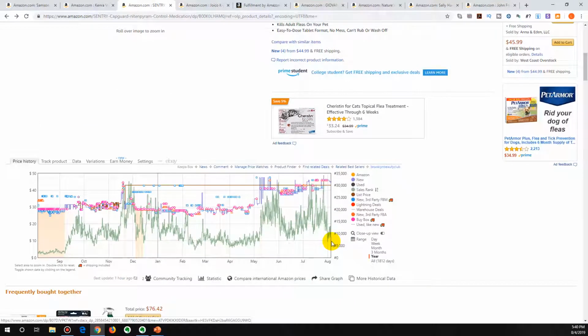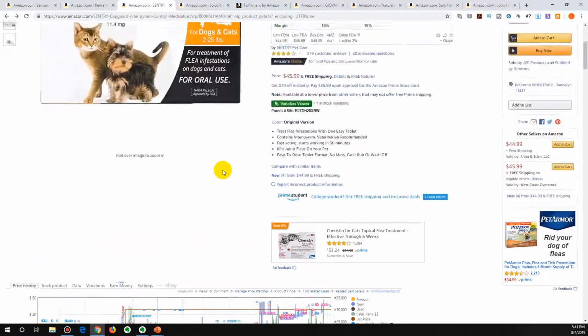But looking into the history, what is the average price of this product? Is it along this line right here, or is the average price of the product along this line? If you were selling this product over the last year, are the chances you are going to sell it down here closer to $30? I mean, that's a huge difference. Or are the chances you are going to sell it over here? Tough to say, but looking at this product and looking at the average price, there's a pretty good shot, guys,